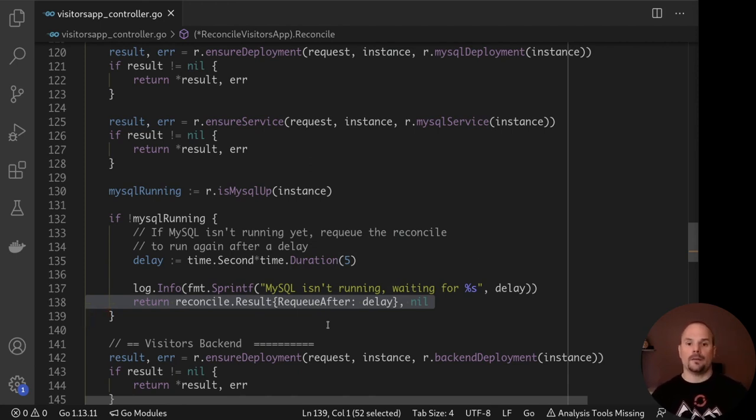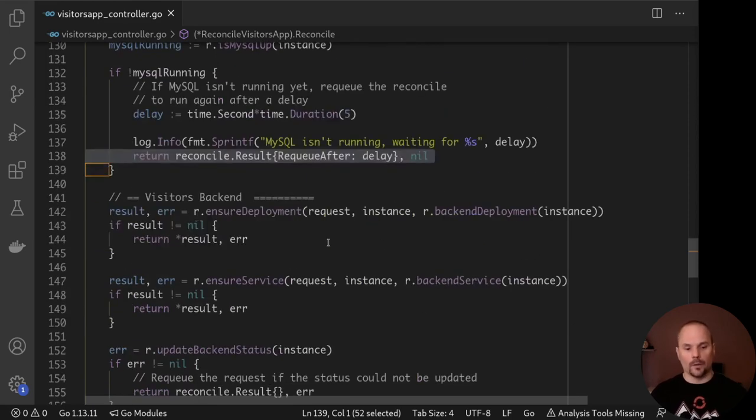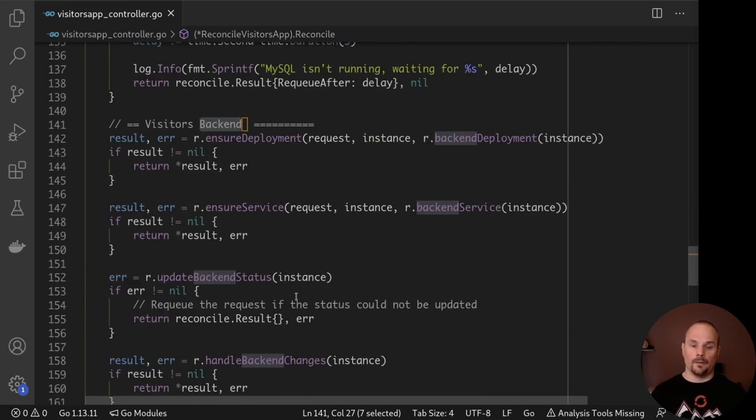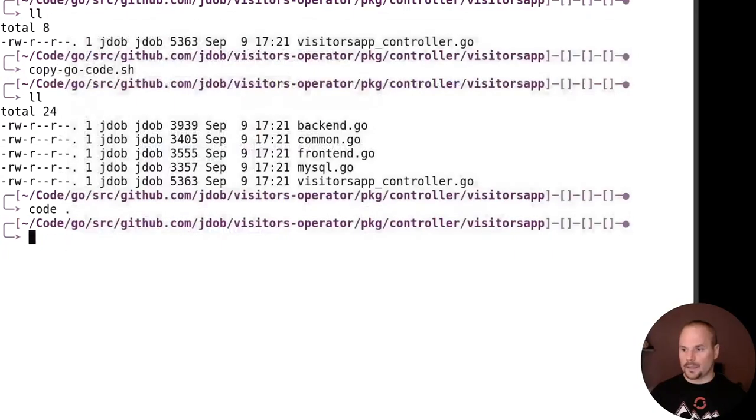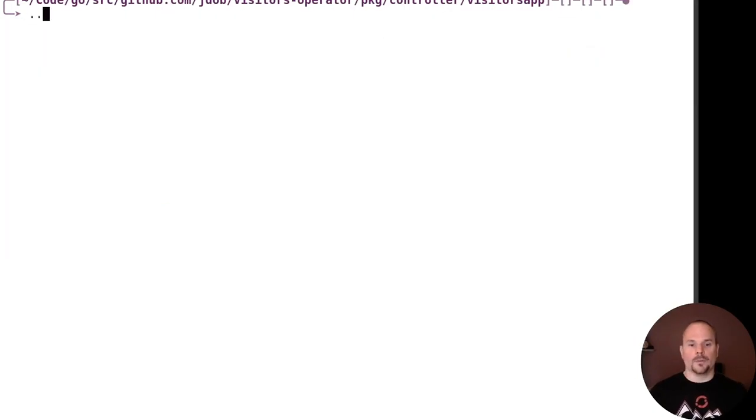And this gives us the ability to release the resources back to Kubernetes while that MySQL startup does its thing, the image downloading and so on and so forth. And then we do the same for the backend and the front end. If MySQL is up, we can continue and we can make sure the deployment and the services exist. So with that whirlwind tour through a whole bunch of code, we want to test our